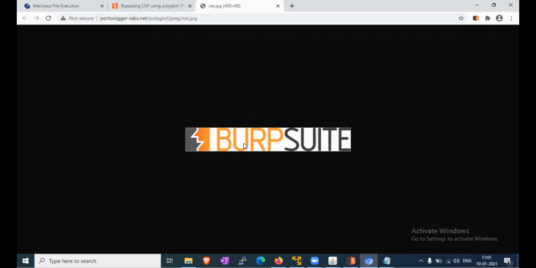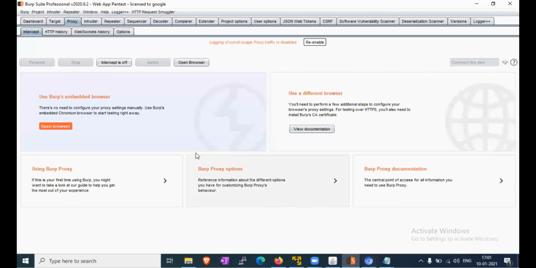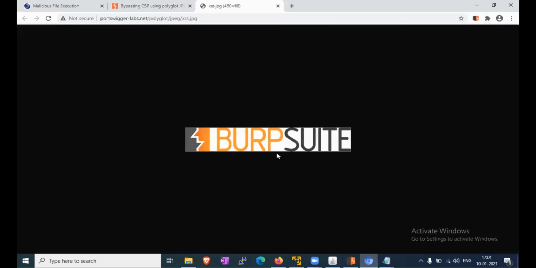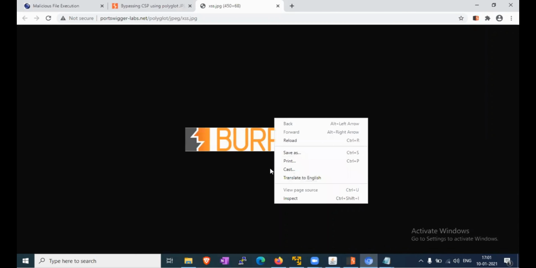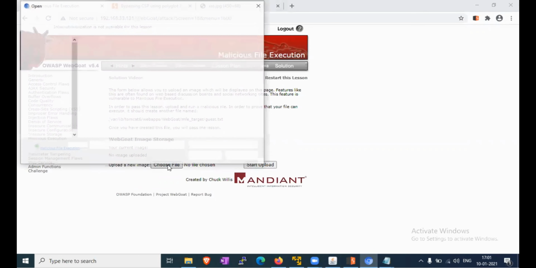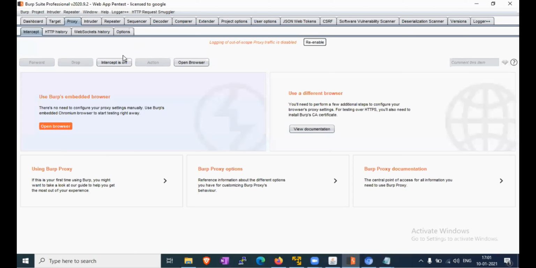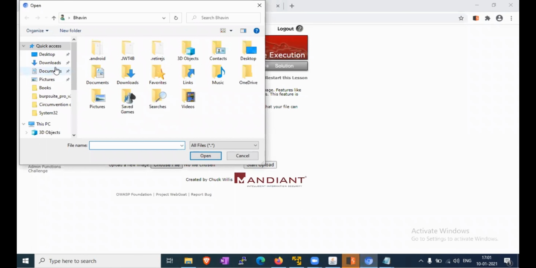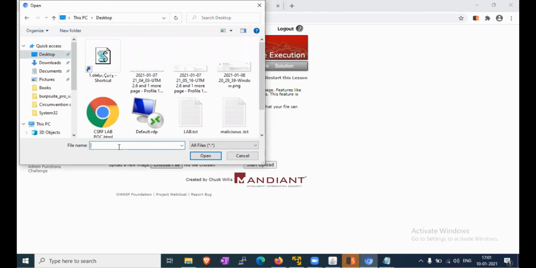So first we will go to our lab. Okay, we have saved this file on the desktop. Just click on save as image. Just open the new image. First we are intercepting the request, so just enable intercept on, and select the desktop XSS image.